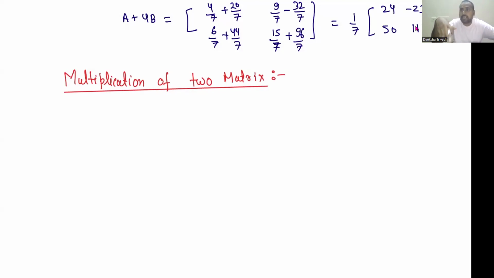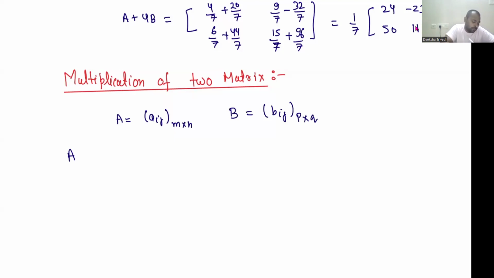मतलब पहले हमें ये समझना पड़ेगा कि हम किसी भी दो मैट्रिक्स को मल्टीप्लाई कर सकते हैं, या मैट्रिक्स के मल्टीप्लिकेशन के लिए कोई एक पर्टिकुलर कंडीशन होनी चाहिए, कि हम उन दो मैट्रिक्स को देख के बोल सके कि हाँ इन दोनों को हम मल्टीप्लाई कर सकते हैं, इन दोनों को नहीं कर सकते। तो उसका रूल बहुत सिंपल सा है। Suppose we have a matrix aij of order m cross n, and we have another matrix bij of order p cross q. A into B is defined